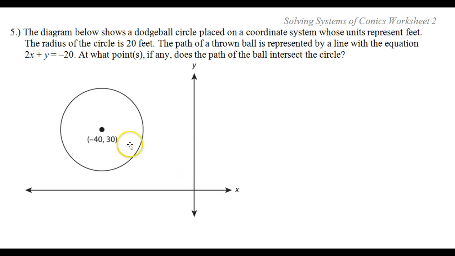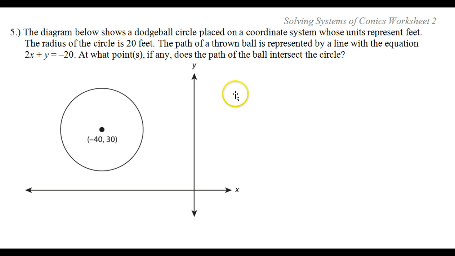So, the path of the ball is a straight line. Here's a circle. Basically, we're finding the intersection of this line and this circle. We're going to have to do that algebraically. We don't even have a grid or anything, so we're going to need the equation of the circle and the